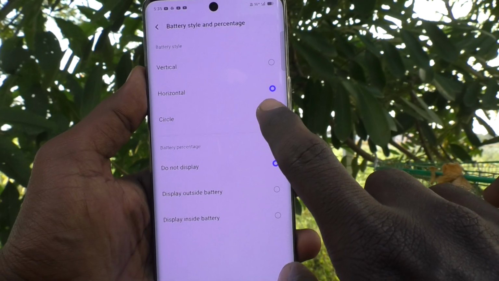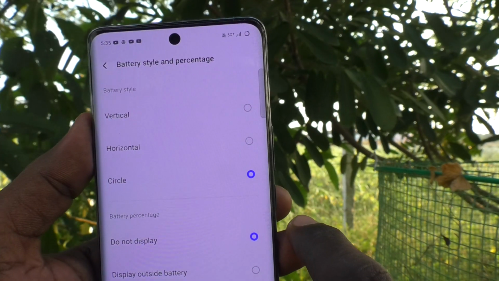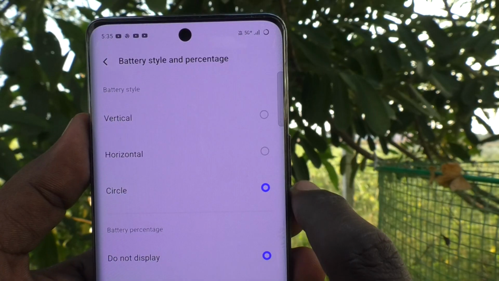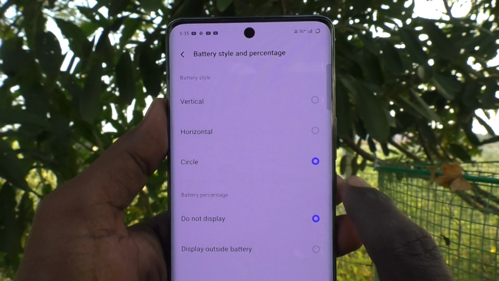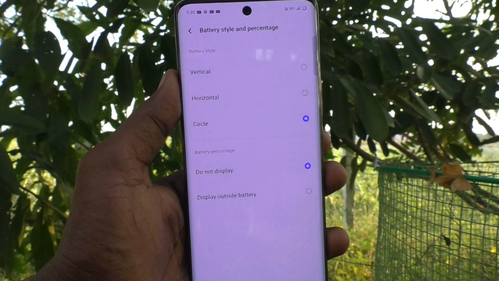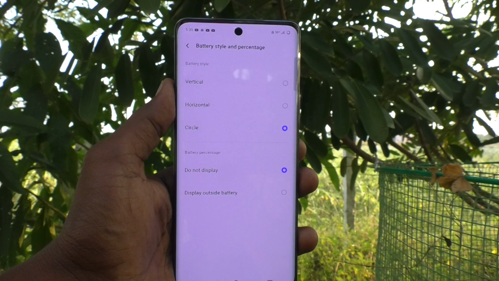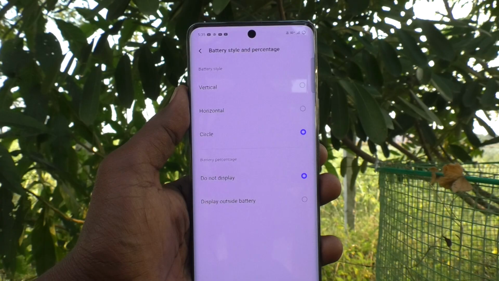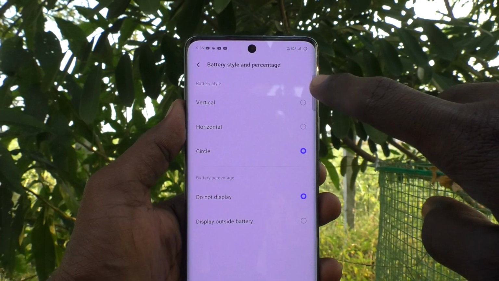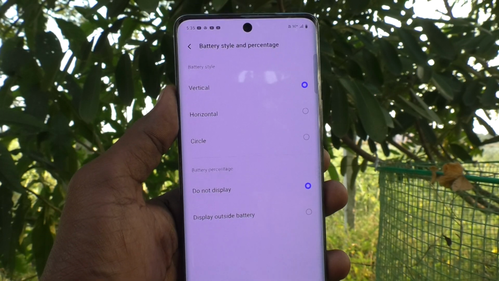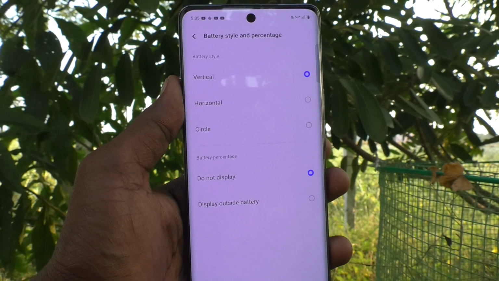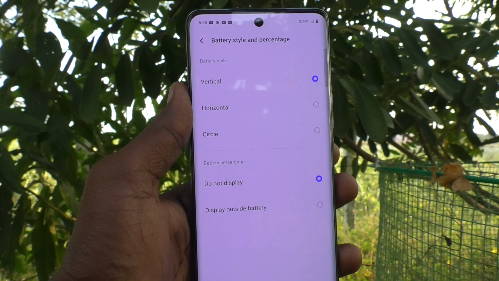Then next, circle. See, battery icon is showing like a circle. So in this three way you can modify. You can keep vertical or keep horizontal or circle. If you would like to set to the default one, it is vertical, just choose the first one. So in this way you can easily change battery style in your phone